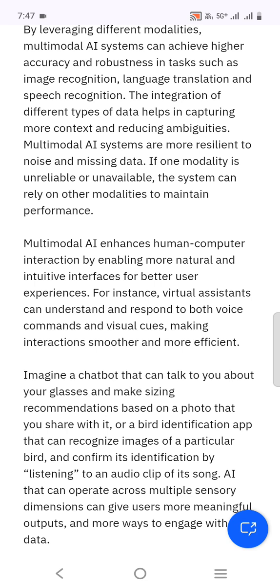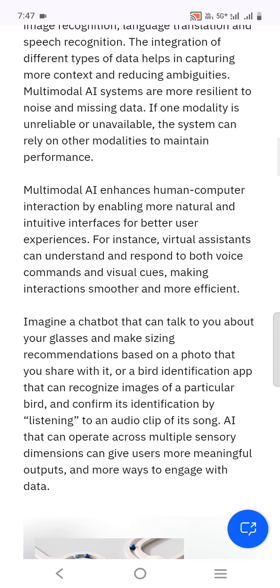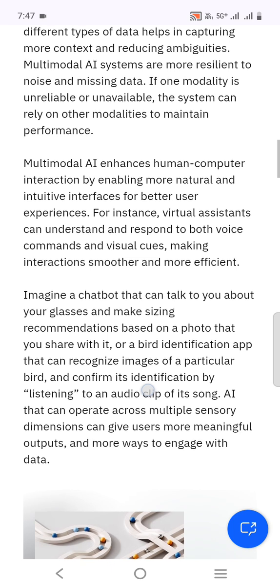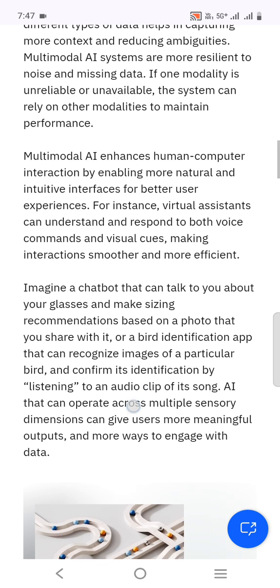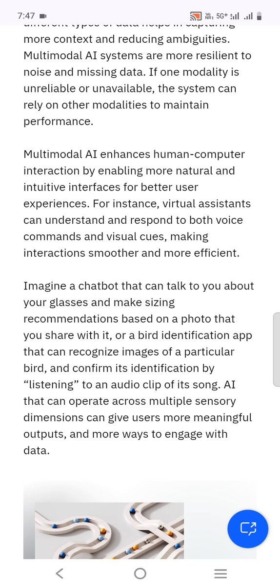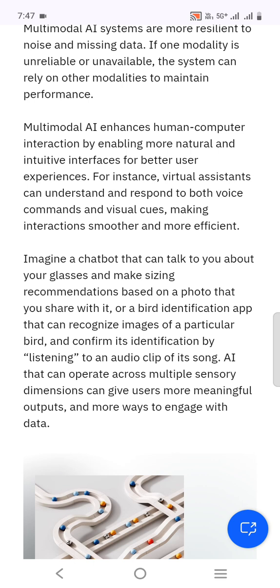Multimodal AI enhances human computer interaction by enabling more natural and intuitive interfaces for better user experiences. For instance, virtual assistants can understand and respond to both voice commands and visual cues, making interactions smoother and more efficient.